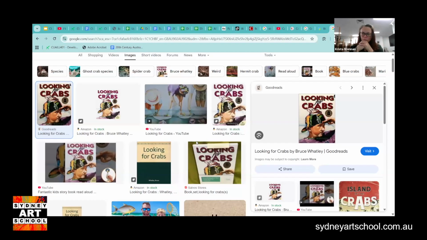So when Bruce Whatley put together his submission for this, and I don't know if this is a fact, but actually, no, I do know this is a fact. I spoke to the editor who worked on it. But anyway, his manuscript had a lot of illustration notes, and he also did storyboards to demonstrate that even though the text says there are no crabs, there are actually crabs throughout. And that's the joke or the premise of the thing.